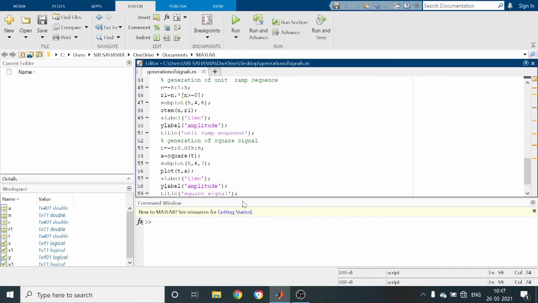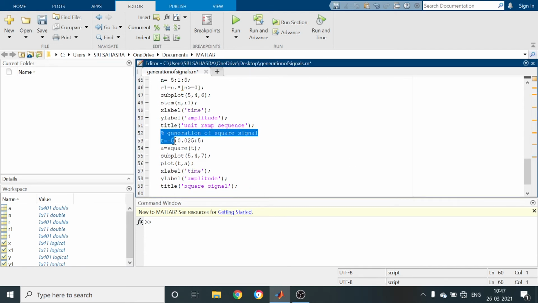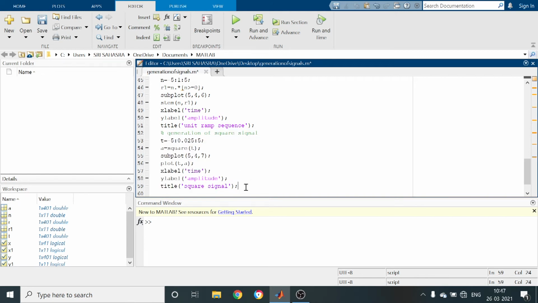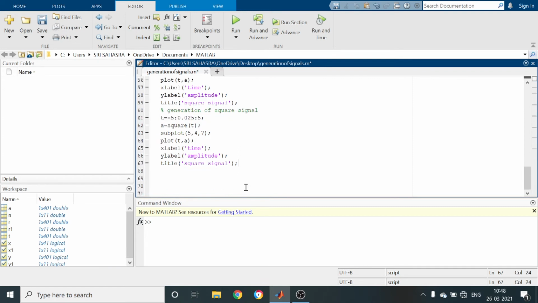Then we have to generate the square sequence. So I am just copying this one, Control V. So generation of square sequence. Here we have to take the variable time index n, which ranges from -5 to 5. You can take -10 to 10 also.